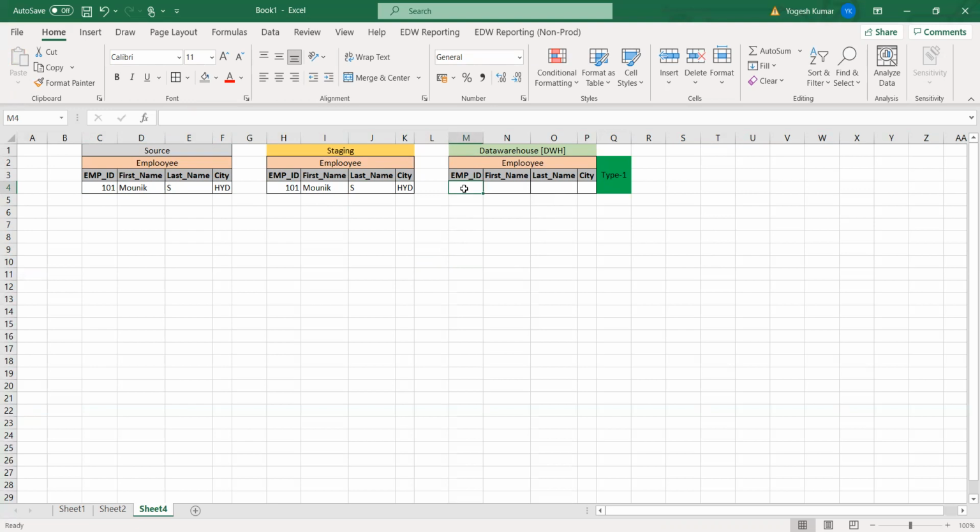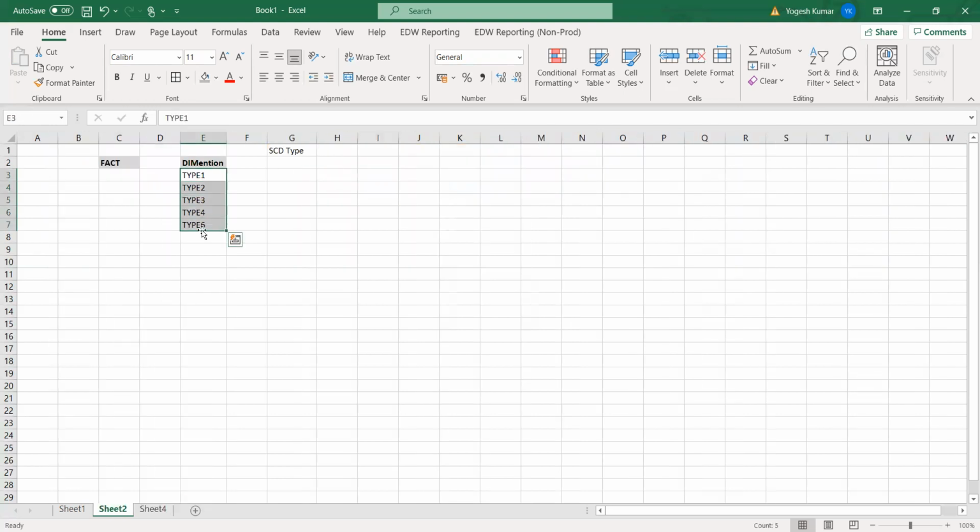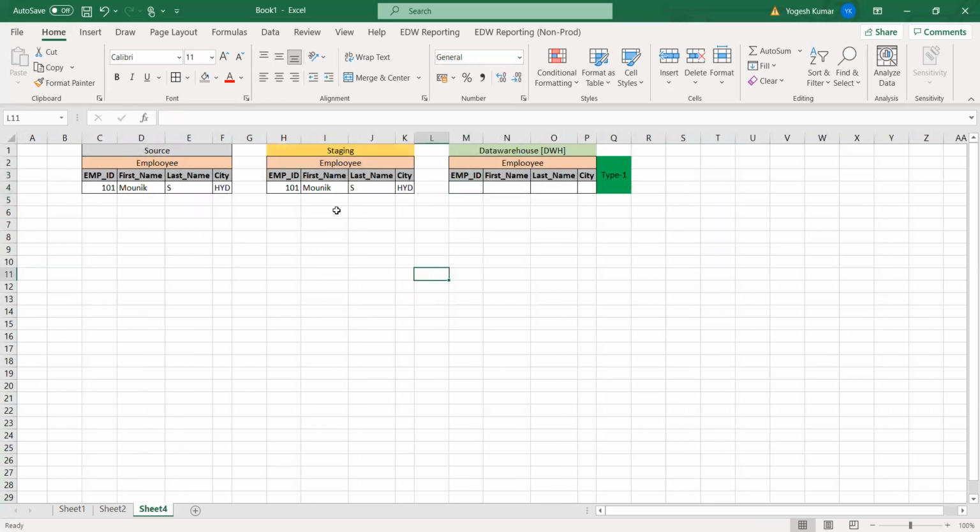Before loading the data in any of these five types of SCD tables, it will always check the key. What is the key for this employee table? Employee ID.